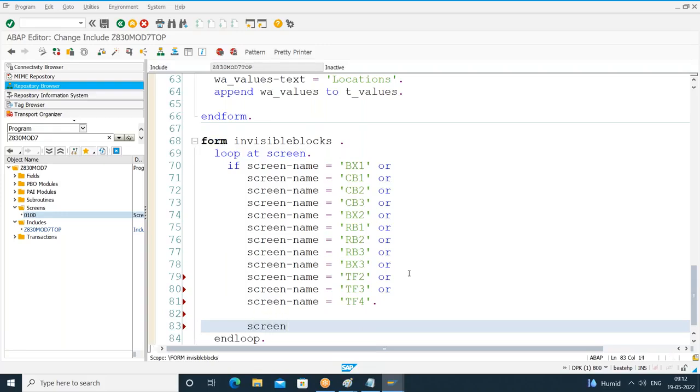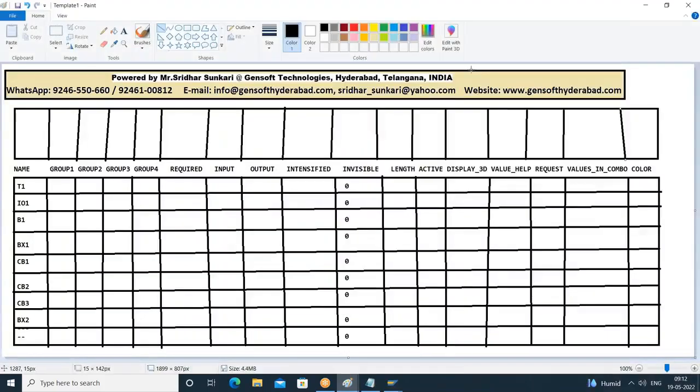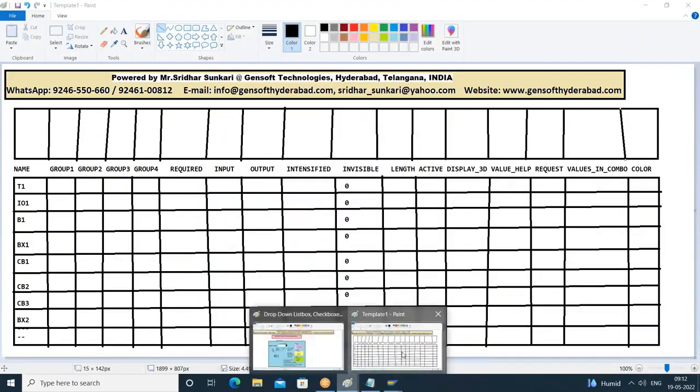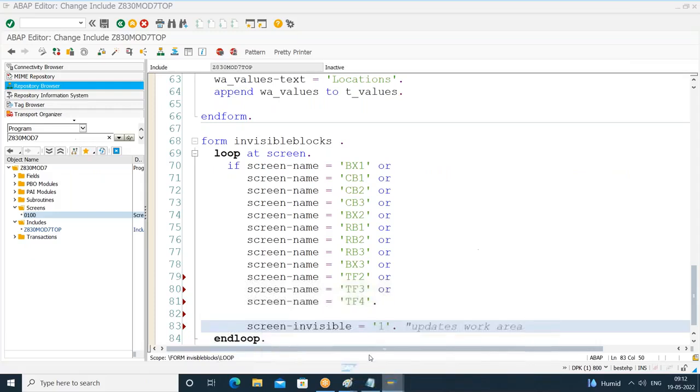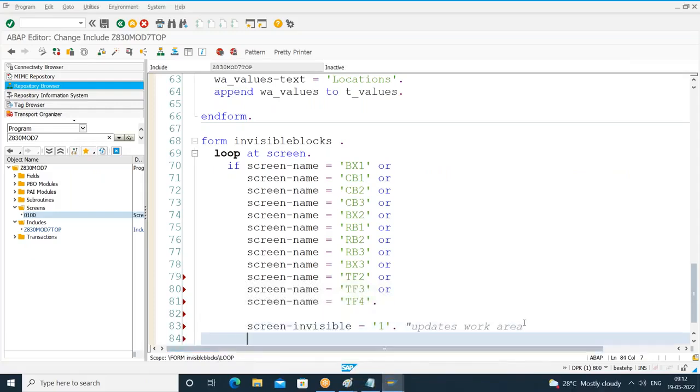screen-invisible equal to 1. So this will update the work area. When you loop here, each record will come to the work area. So whatever changes you make are done at the work area level. How do you update the internal table? By using the modify statement. So here I'll say modify. Simply say screen. This will update